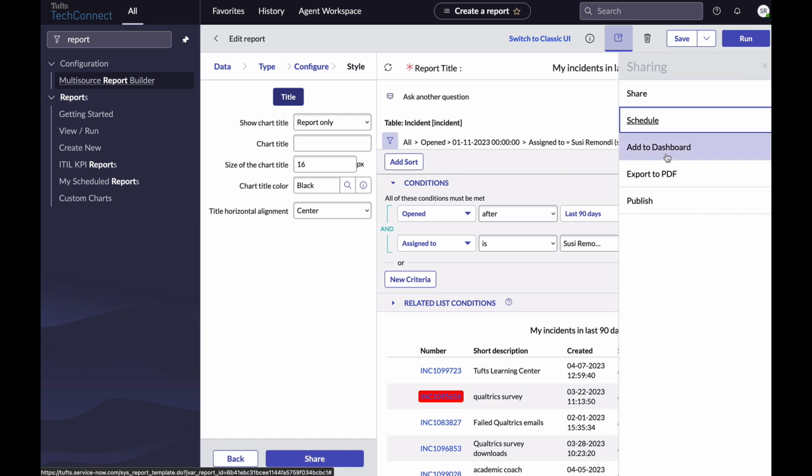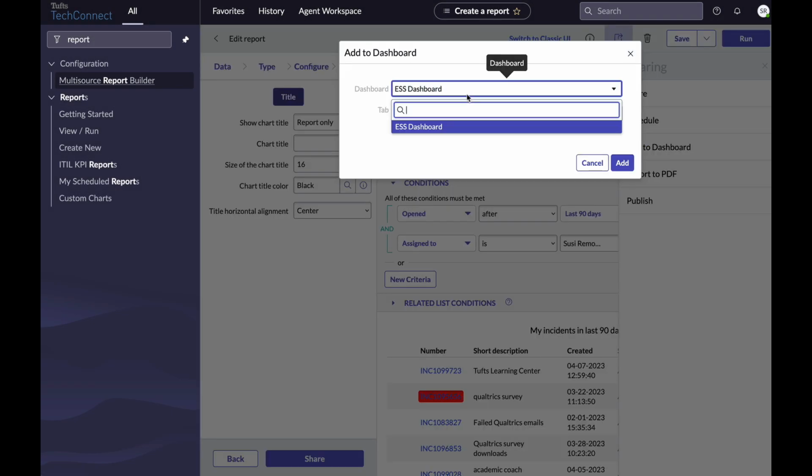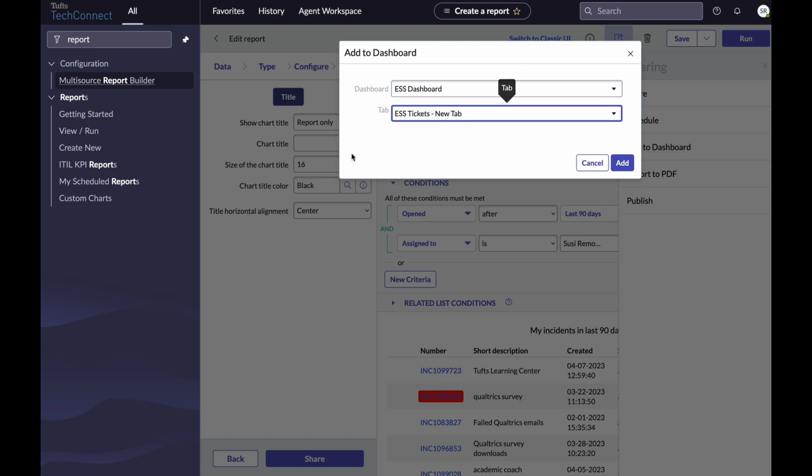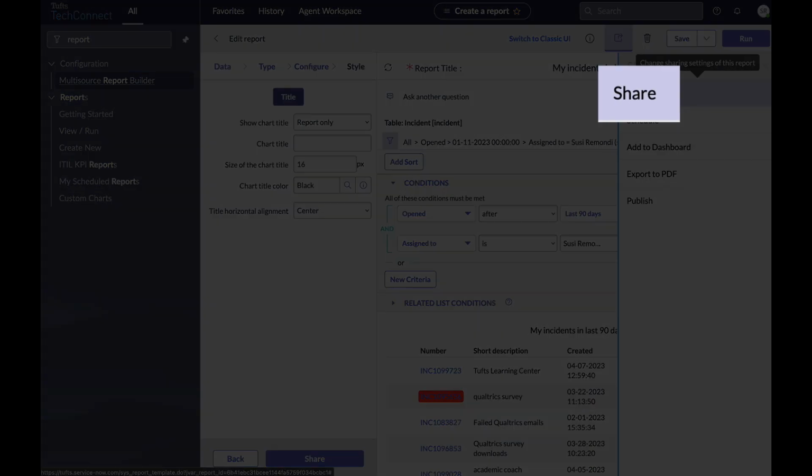Next, going down the list is Add to Dashboard. If you haven't used dashboards, there's screens in TechConnect that show different information in separate panels, such as tickets assigned to you next to popular knowledge base articles. When adding a report to a dashboard, you'll select that dashboard from the drop-down and choose where on the dashboard the report will be shown. If you're adding a report to a dashboard, make sure you set the sharing settings appropriately. For example, if you're adding this to a dashboard for ESS, don't forget to give ESS access to view the